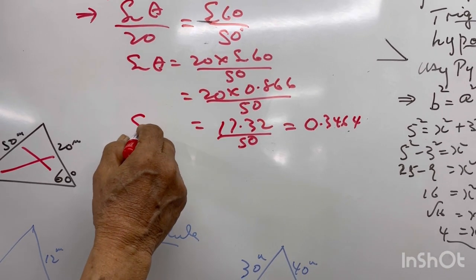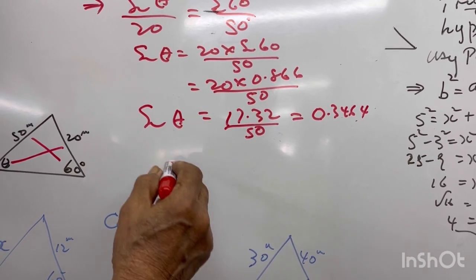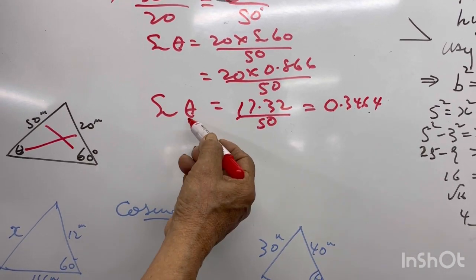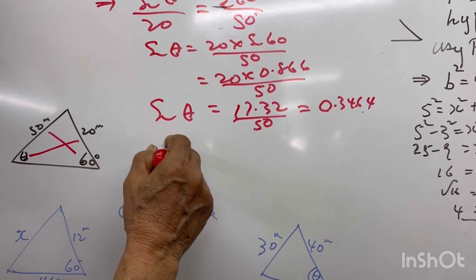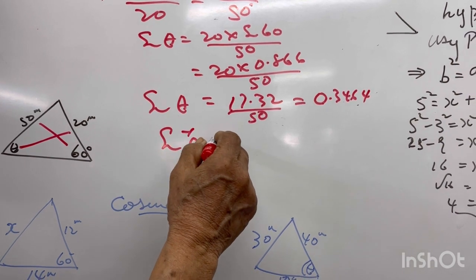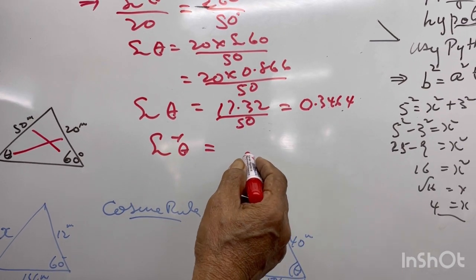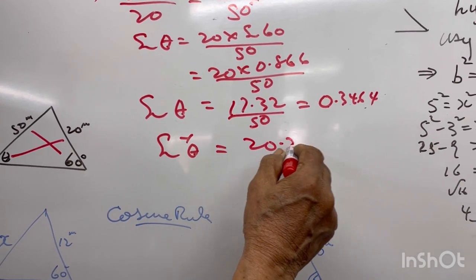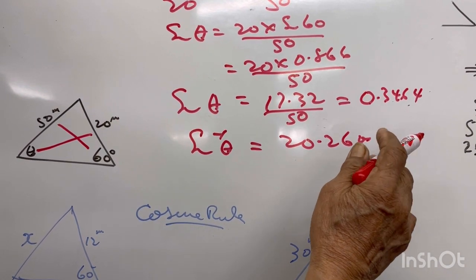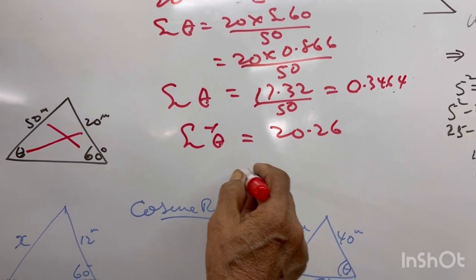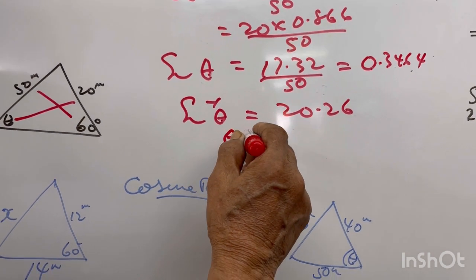So I say sine the angle is equal to that. This is not your answer, you want theta. So it says sine theta, use a calculator, inverse of that is equal to 20.26. So theta is equal to 20